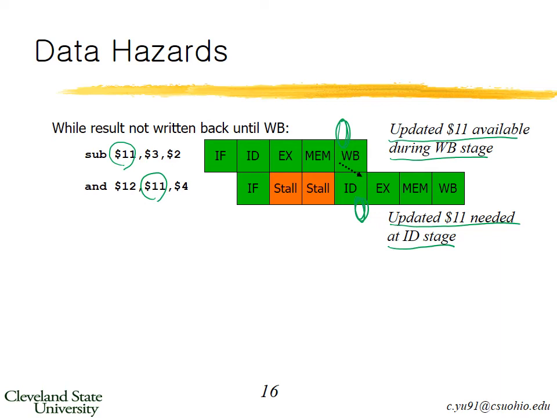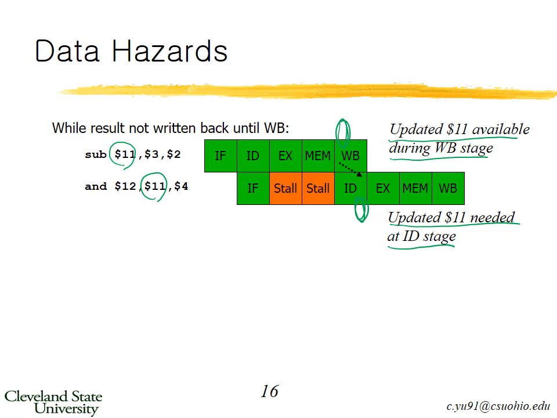So we can write back into register 11 at cycle 5, and it is also possible to get the newer value of register 11 in cycle 5 in the ID stage on behalf of the AND instruction. But we still need to stall the pipeline 2 cycles on behalf of the AND instruction,